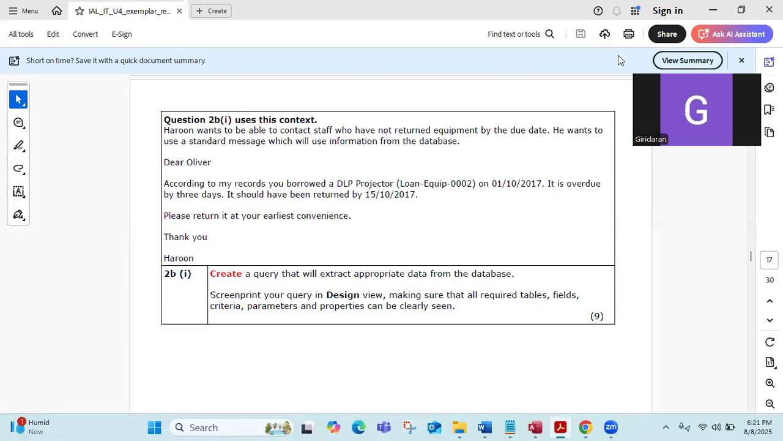So question 2B1, Harun wants to be able to contact staff who have not returned equipment by the due date. He wants to use a standard message which will use information from the database. So, dear Oliver, according to my records, you borrowed a DLP projector, loan equipment 002 on 01/2017. It is overdue by 3 days. It should have been returned